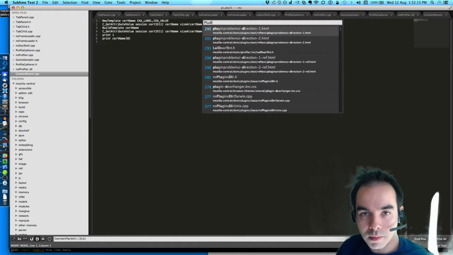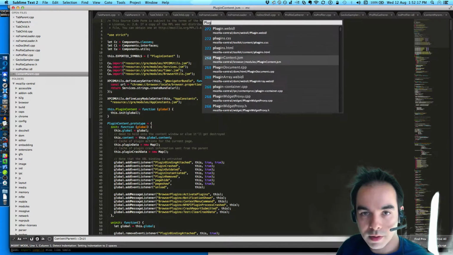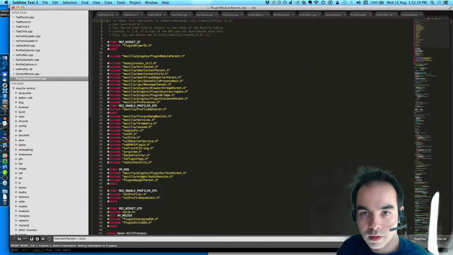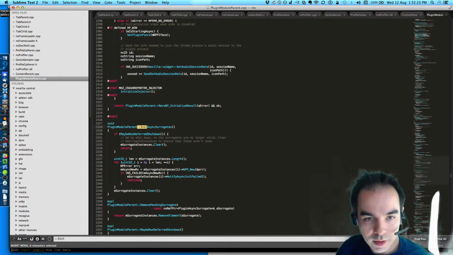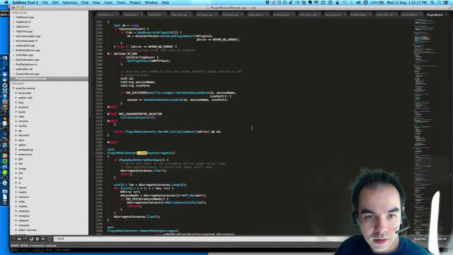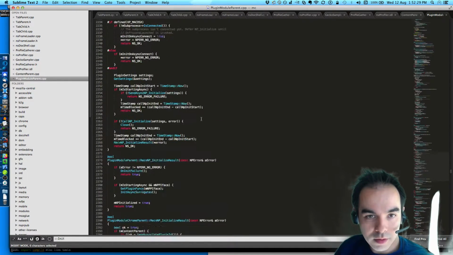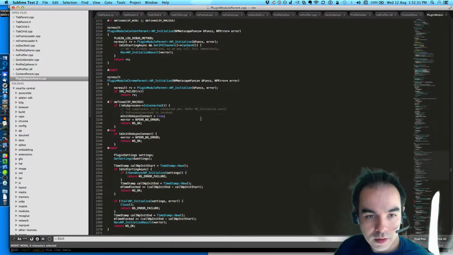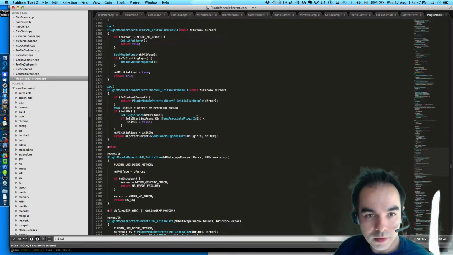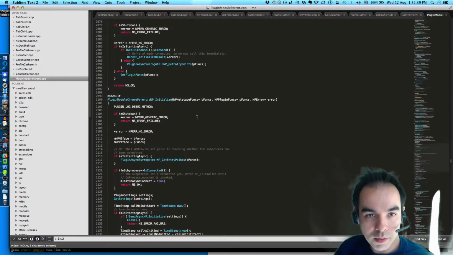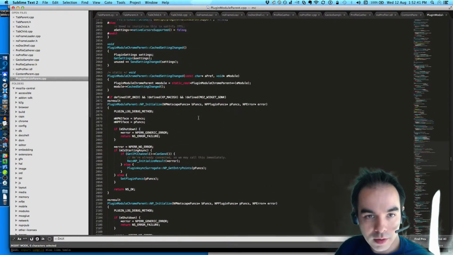And what about plugin module parent? Flash plugin hang, that's it. Doing the init. Plugin module, content parent. Chrome parent is what I want. Plugin module Chrome parent.